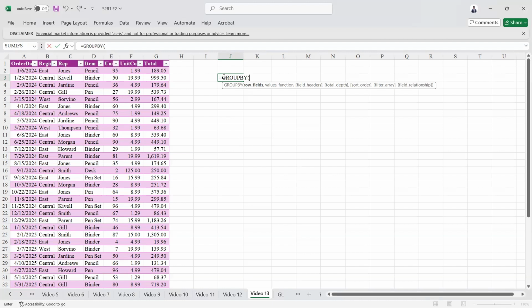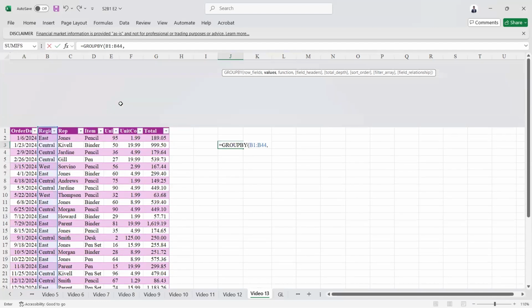So if you know pivot table, there are four fields: row, value, header, and then filters. So same options: row, value, what function you want to do, and then filter. All the options are available. So we'll see one by one. First thing, row field. Which row you want to get in the rows column. So I want to get region in the rows column. So I'll select from the header region,